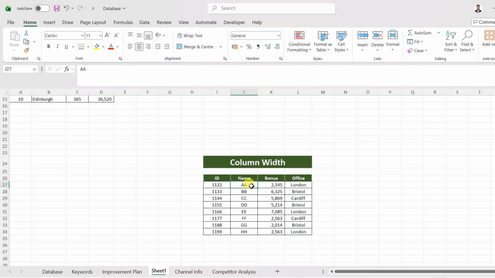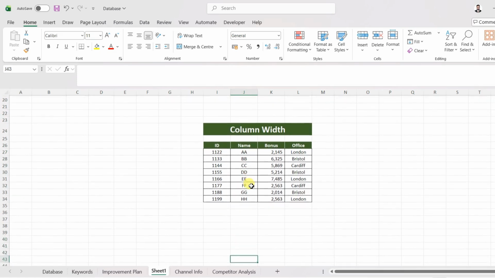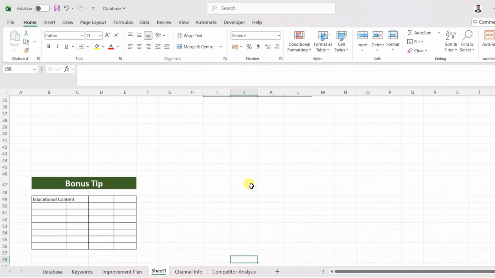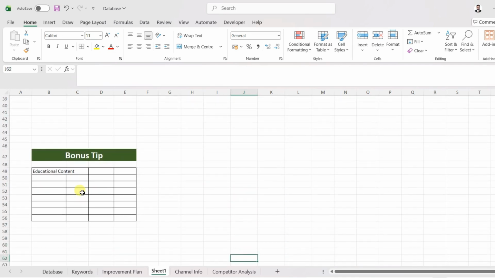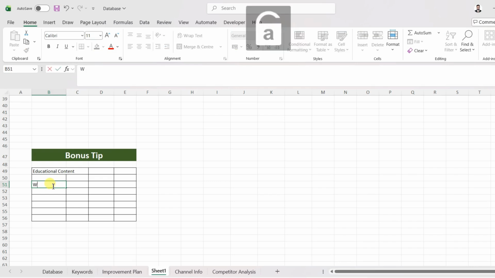Now, the bonus tip, which I promised at the start of the video. For example, when I type text in a column, I want the column width to adjust itself. I don't need to adjust manually. For example, these two words, educational content, are going beyond the width of the column, but the column is not adjusted accordingly. So if I want to adjust it automatically, for example, if I type any word like world wide